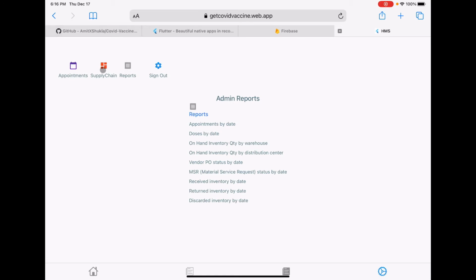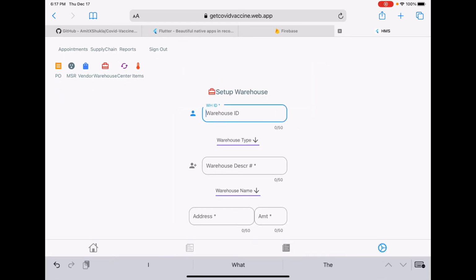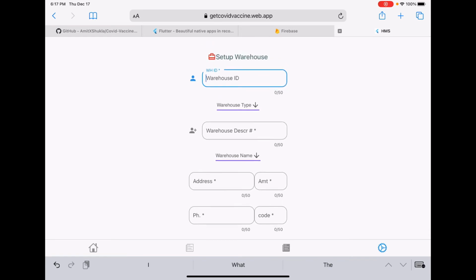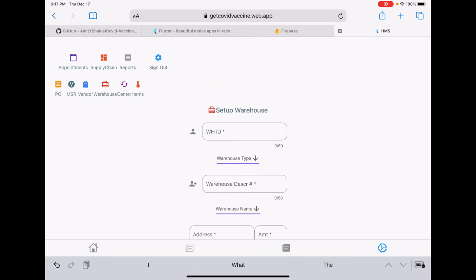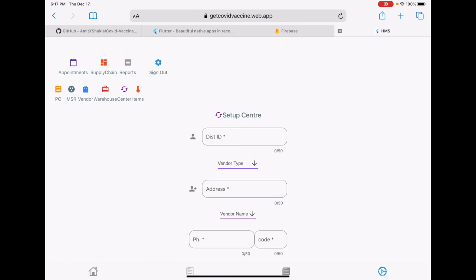So what is supply chain? Again, when you're a healthcare provider, in my mind, those are little tiny vaccination distribution centers. Now these centers, as you can see, need the vaccine in stock. You have the cold storage or local refrigerator where you have stored this medicine. But you got those medicines from a warehouse. The warehouse is the place where you store all this bulk quantity of the vaccines, and the distribution centers are the places where the vaccination is given to the individual patients.